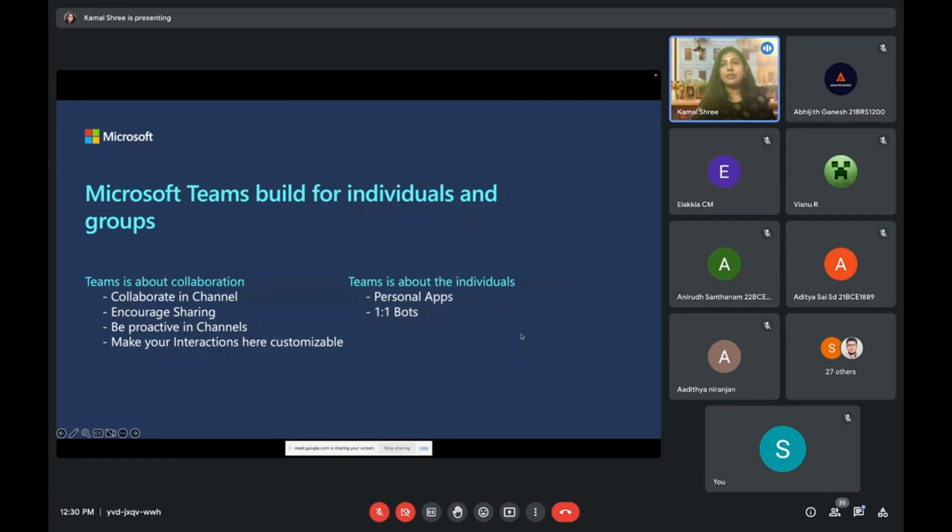Yeah. So Teams apps could be collaborative or they could be individual. You say, okay, you know what, Kamal, I want to build something just for me, for my own purpose. I don't think anybody's going to use it. Definitely go ahead and build it. It's not necessary that you always have to build something for someone. No, you can build it for yourself also. Or if you think that it's going to help the entire community or the entire public or your university, you can also do that kind of collaboration. So totally it depends on your use case, your purpose, and your intention behind building an app.